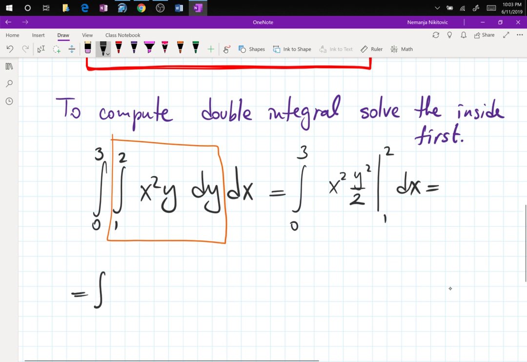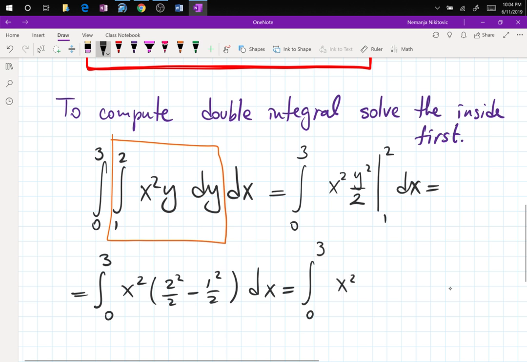We haven't done anything with the 0 to 3 integral yet, so copy that. Copy x squared. What we get inside is 2 squared over 2 minus 1 squared over 2. Standard f of b minus f of a calculation for definite integrals. And we have the integral from 0 to 3 of x squared times 2 minus a half, which is, very good, 3 halves,